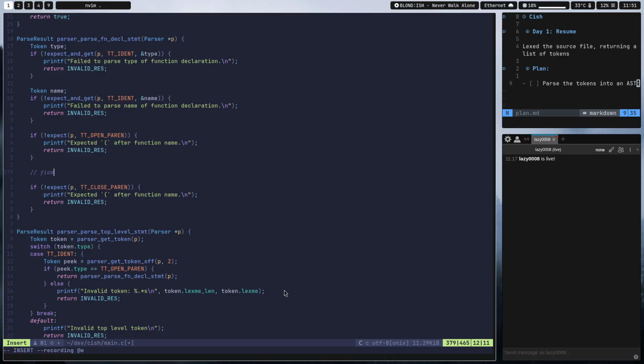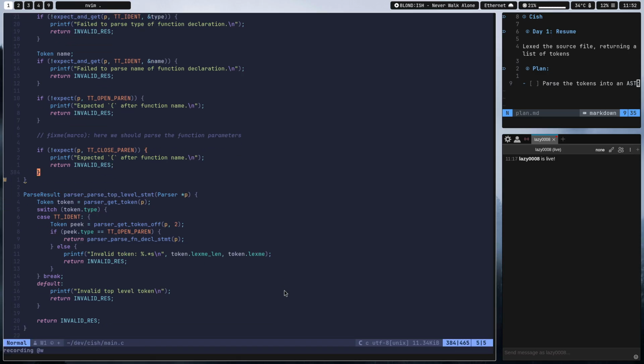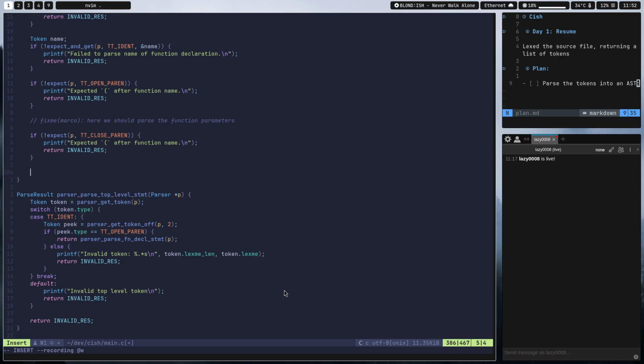So fix me here. We should parse the function parameters. So now we should have a parse statement, right? So we need to create another function that parses statements. So yeah, so